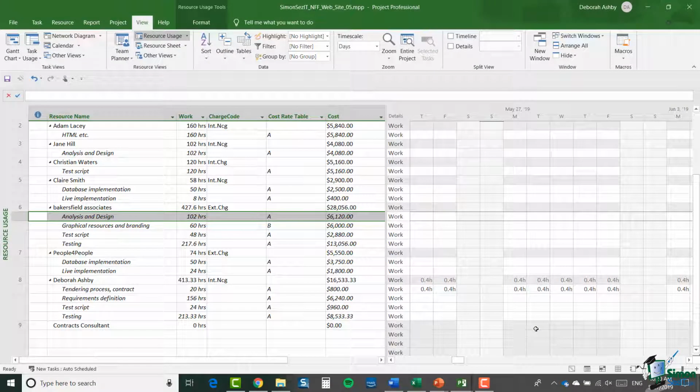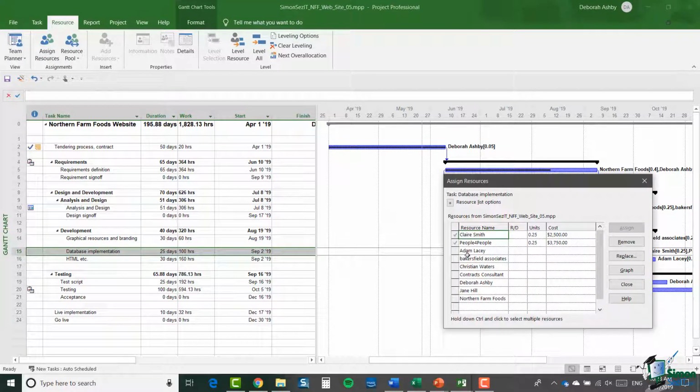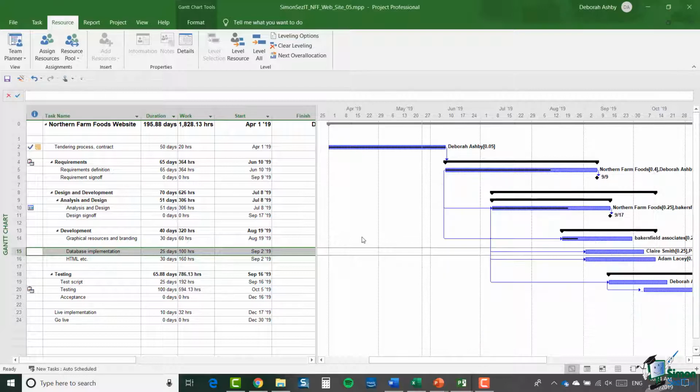So one thing to bear in mind is that when you're setting up and maintaining resource information, if a resource does have different cost rates, you need to maintain the value in those tables. And when it comes to assigning resources, there's no option here to specify the cost rate table to use. So what you would normally do is to assign the resource anyway, and the resource will be assigned with the default A rate. And then if you change the view, so in this case from Gantt to task usage,